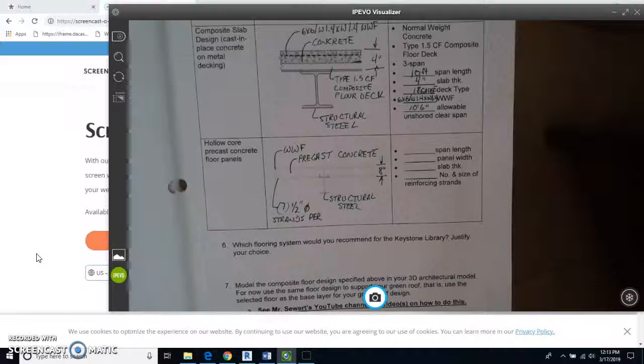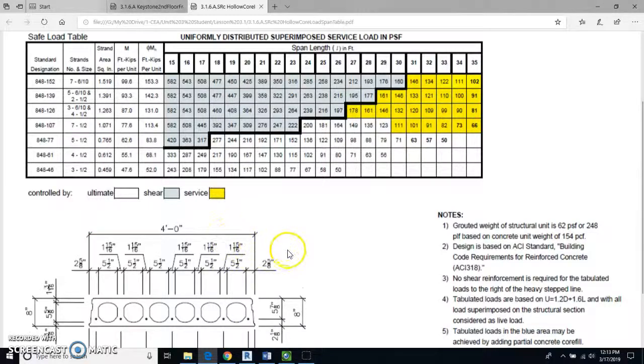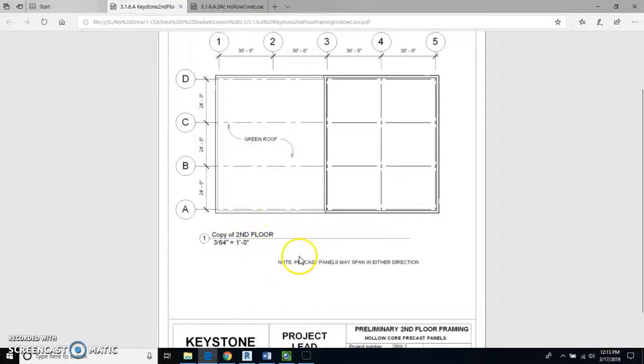I'm going to show you how to actually obtain those numbers. So we're going to go to this chart right here. Actually, we need to take a look at this thing first. This is the hollow core precast panels graph, and you're going to notice that we have 30 feet across here at the top, and we have 24 feet down here. Now, what I'll tell you with the precast is you want to go with the shorter versions of precast panels, 24 rather than 30, because they're lighter and